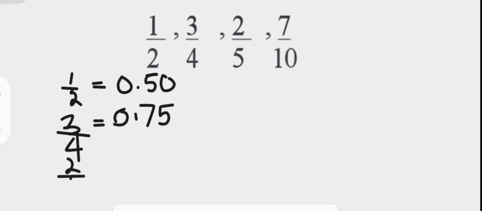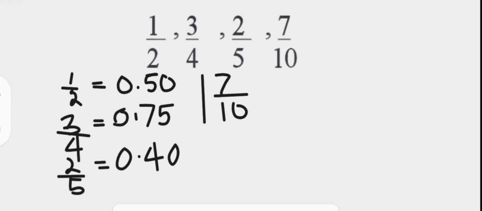2 over 5 as a decimal fraction is 0.4. We can write it as 0.40. And finally, 7 over 10 is 0.7, which can be written as 0.70. Now that they have all been expressed as decimal fractions, and especially to 2 places of decimal, which makes it easier to arrange them in ascending order,